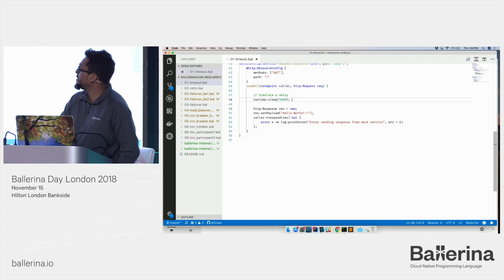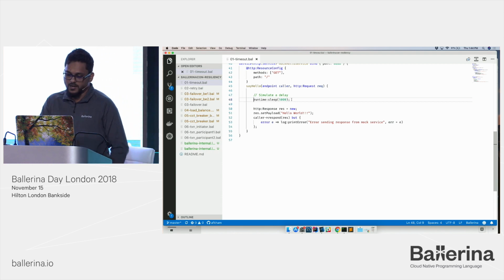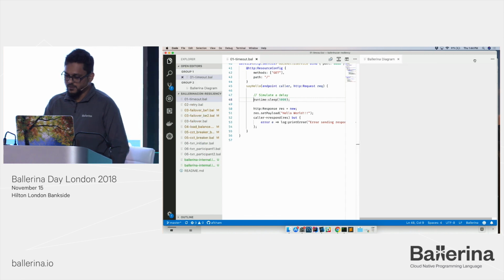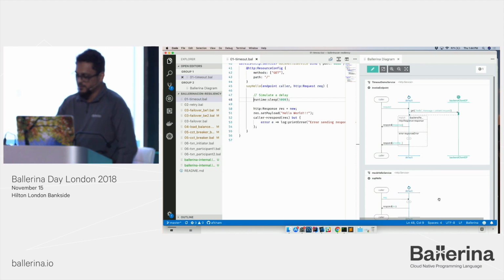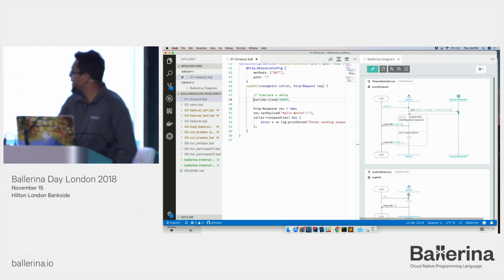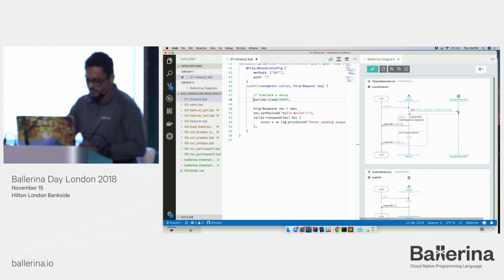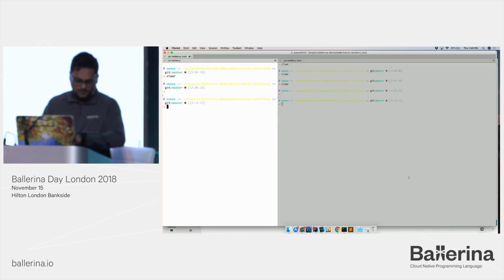To simulate this failure, I have put a runtime sleep. If we look at the sequence diagram, the initial call comes to the first service, which calls the backend client. The backend client service is this hello service over here. So if I run that,